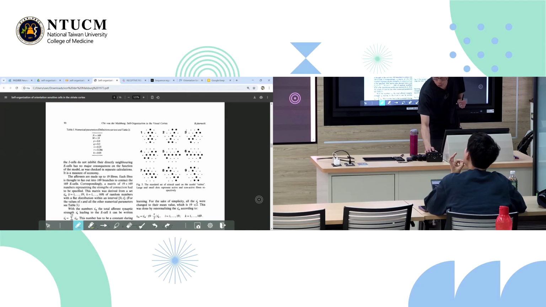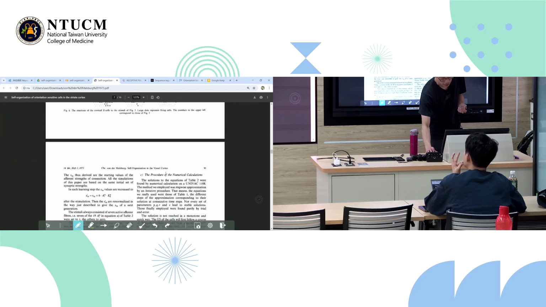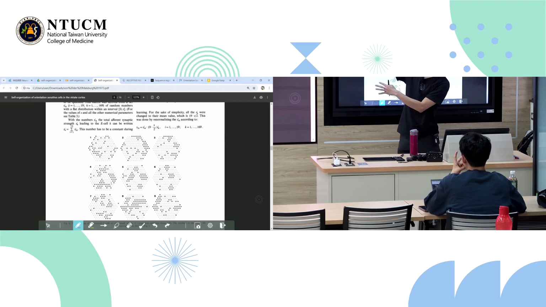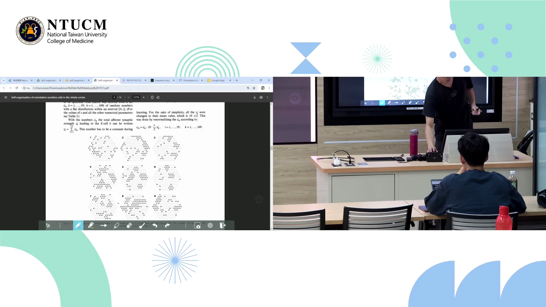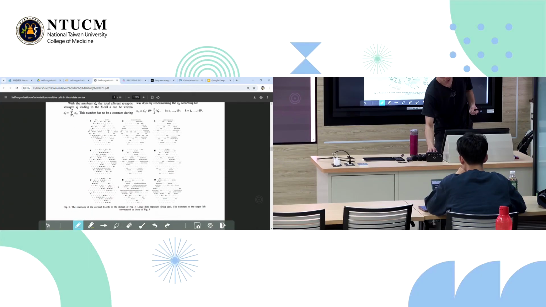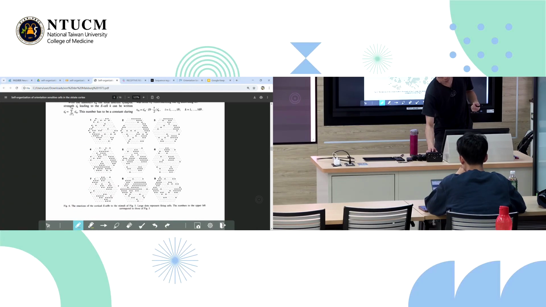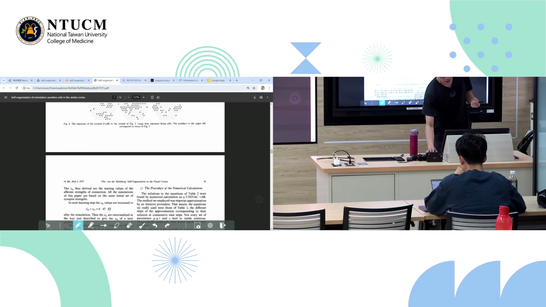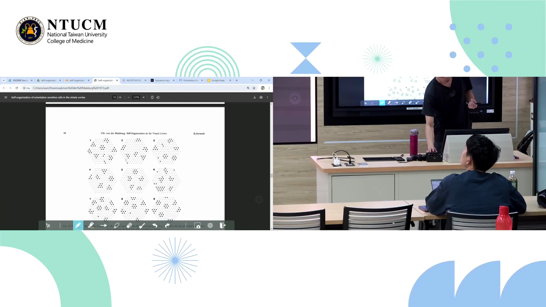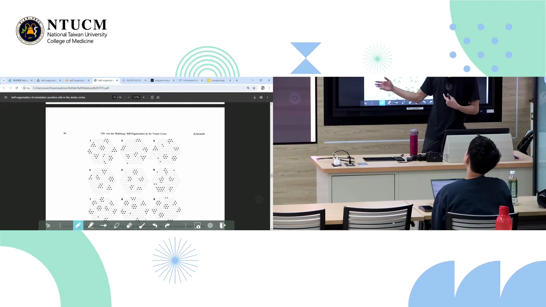In other words, we want to make the excitatory layer behave such that if we give it this data table input, the excitatory layer's initial activity before training will look something like that. Not anything meaningful. This is the excitatory layer when I give it stimulus 1. So when I give it this stimulus 1, the excitatory layer untrained will look like this. 2, 3, 4, the 9 stimuli, it will look like this. After training, it should look like this. 1, 2, 3, 4, 5, 6, 7, 8, 9. So after training, this is what we want to see. The excitatory layer looks like that.